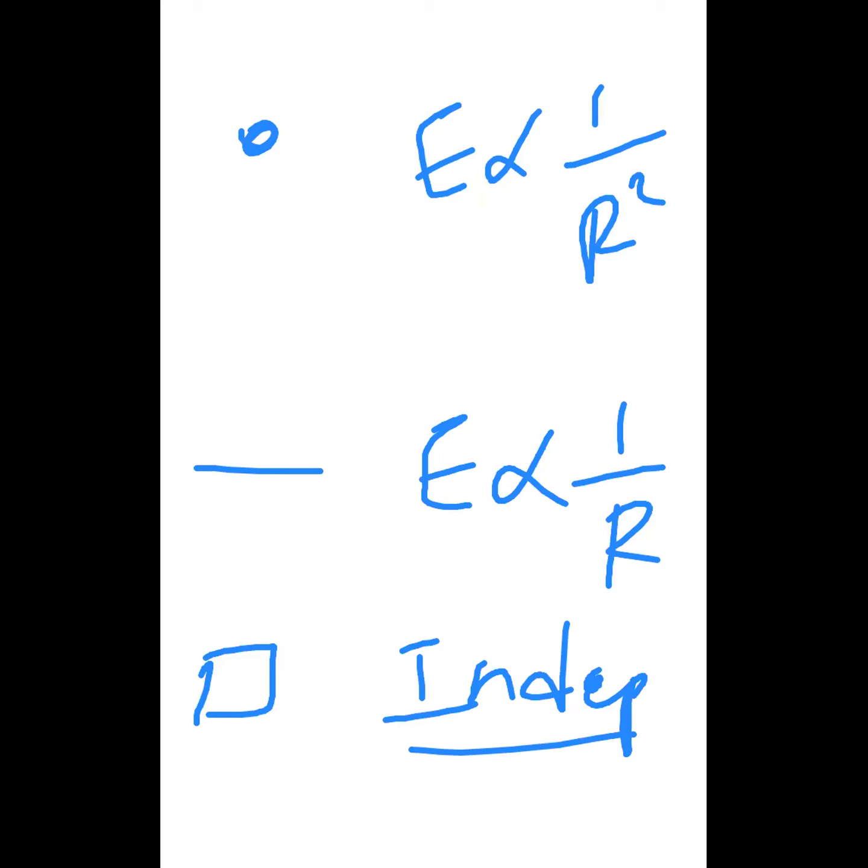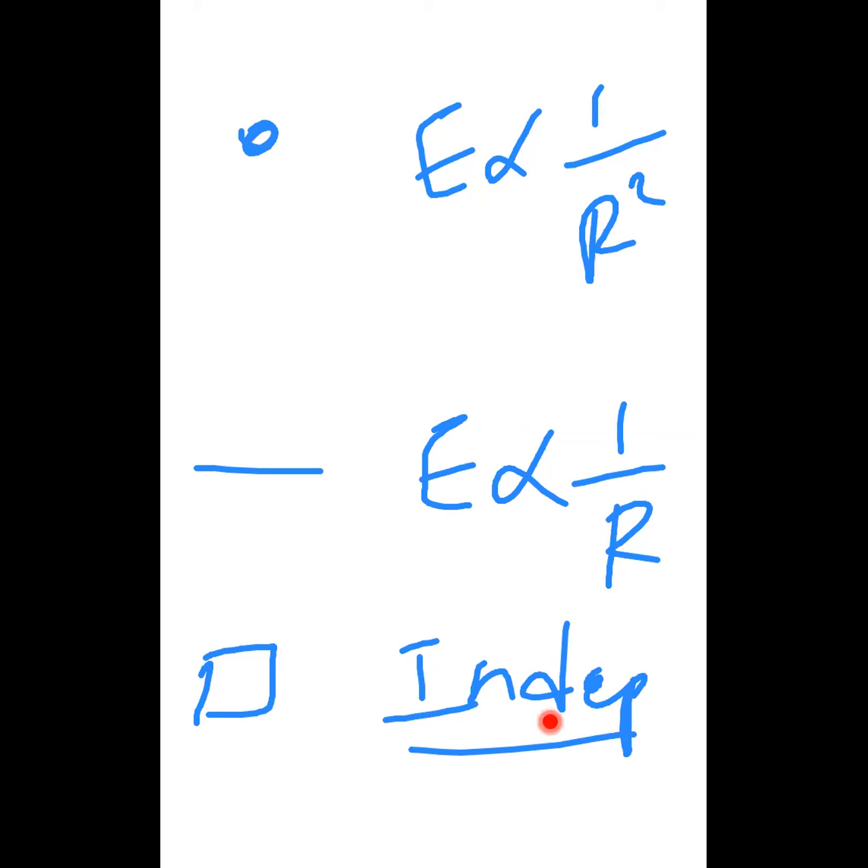In the previous case, see in which one the reduction is very more. Here the reduction is very more. As you go away, your electric field drastically will reduce because your R is in R square in the denominator. Here it is 1 by R, as compared to this, there will not be much degradation. Degradation will be there here also, but in a slow manner. But in case of surface it is independent.